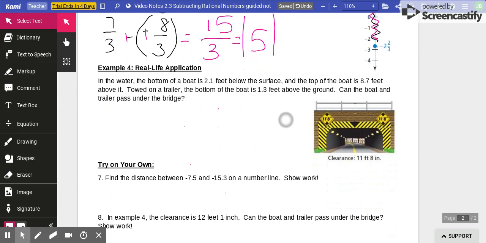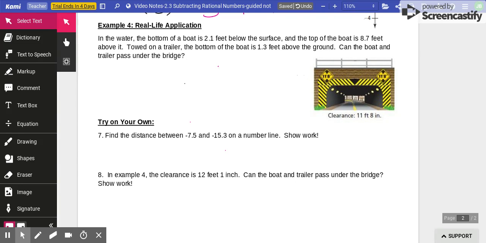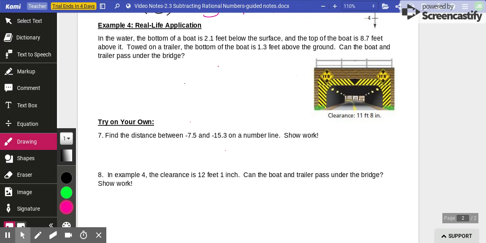All right. An example 4. In the water, the bottom of a boat is 2.1 feet below the surface, and the top of the boat is 8.7 feet above it. Towed on a trailer, the bottom of the boat is 1.3 feet above the ground. Can the boat and the trailer pass under the bridge? All right, so we need to talk about how large this boat actually is. So it says at the surface of the water, the top of the boat is 8.7 feet above it. So we have 8.7 feet, or 8 feet and 7 tenths. So 8.7